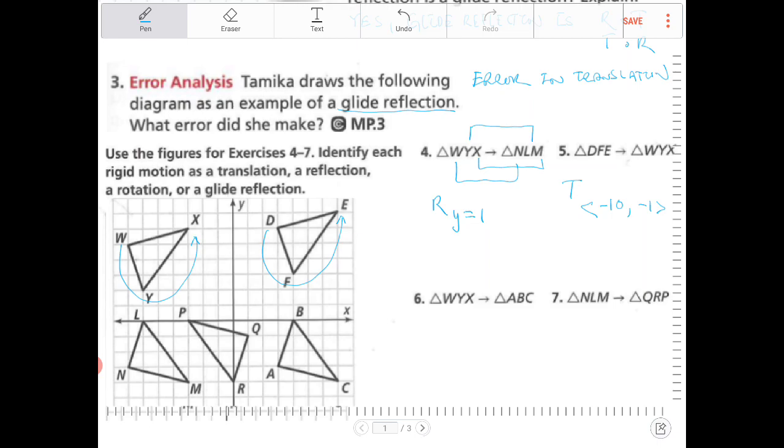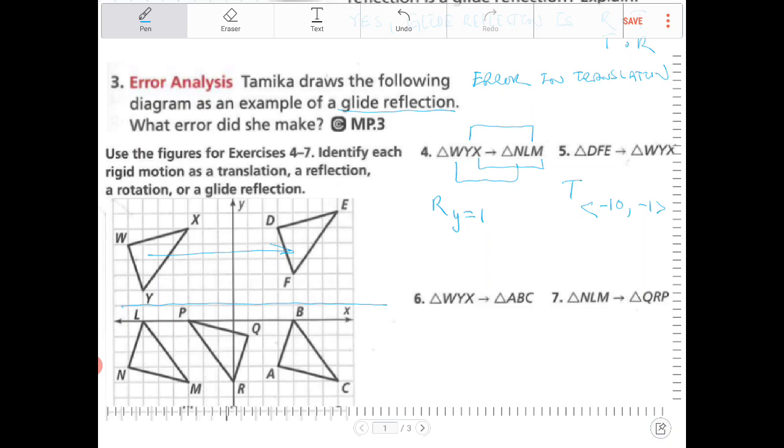Let's take a look at question number 6. WYX to ABC. Looks like it's going to be a translation, and then after the translation, it's going to be a reflection. So we're going to be translating how much? Looks like it's going to be a translation of,